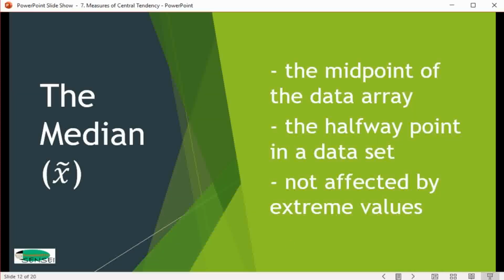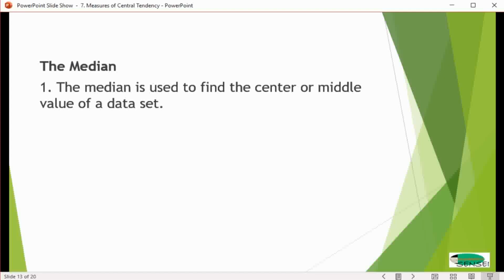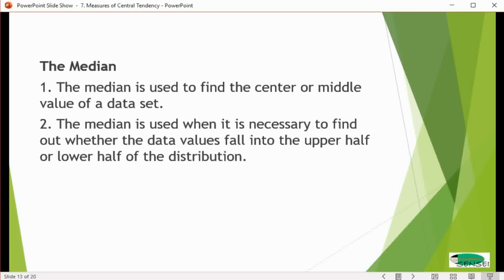The next type of measure of central tendency is the median, and this is the middlemost value in a data set, and it's not affected by extreme values. So if mean is very sensitive by outliers, median, on the other hand, is not affected by extreme values because, for one, again, median is found in the middle. Second,